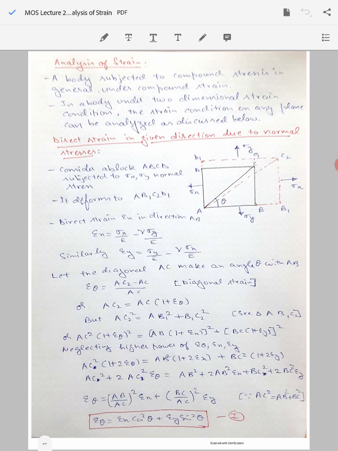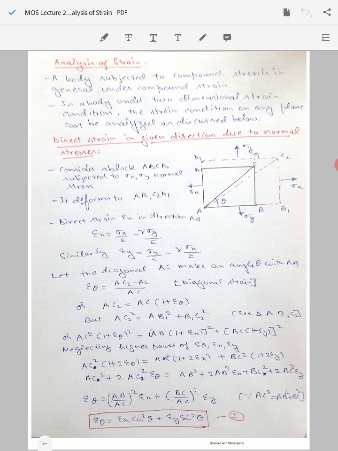Let's first talk about the direct strain in a given direction due to normal stresses. Here in the figure you can see a case in which a two-dimensional stress state is shown. Stress is being applied in the direction x, which is sigma x, a normal stress, and there is another normal stress perpendicular to the direction of x, that is y. A stress of magnitude sigma y is being applied. Because of this two-dimensional state of normal stresses, we want to find out the strain in a particular direction, let's say angle theta,